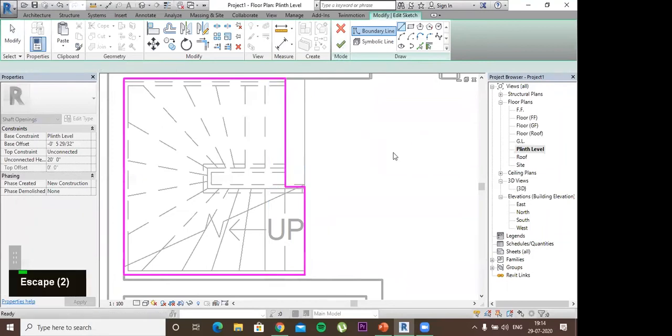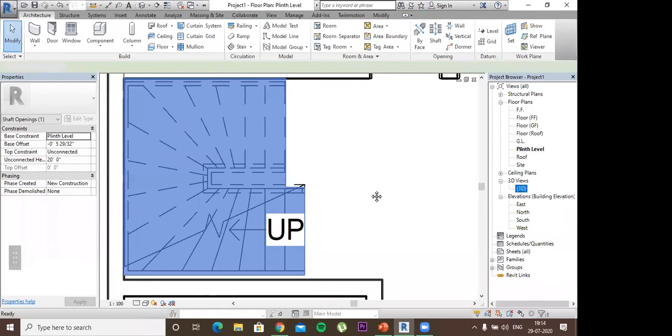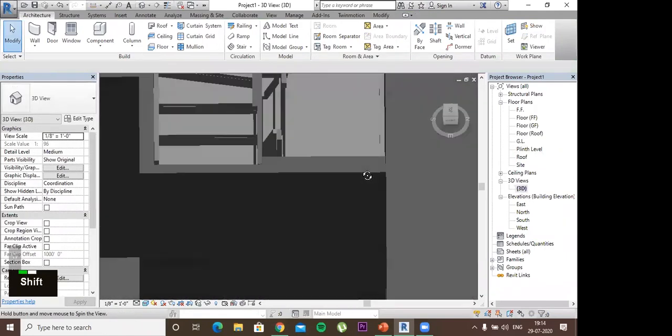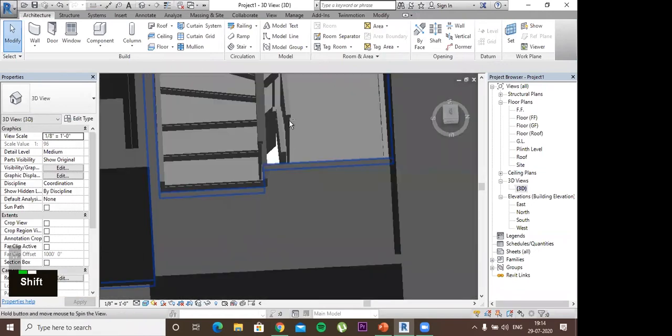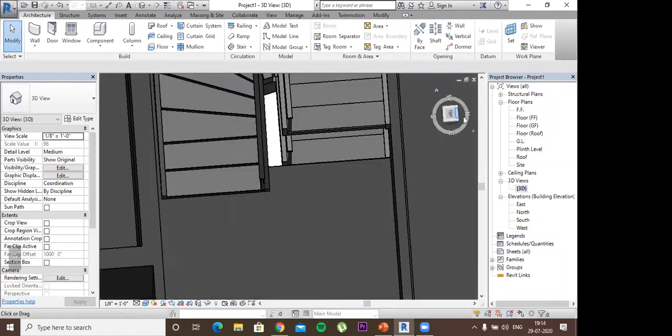That's it. Now our stairs will land directly on our floor, and so that nobody falls in this gap, you can connect these two through a railing. So we'll go to the first floor,